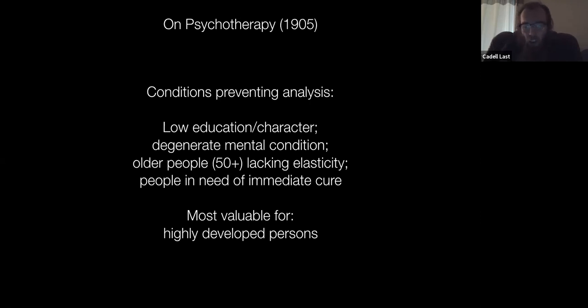He also emphasizes old age, but I think what's more important than old age is the lack of elasticity, which is not necessarily old age, although of course that's more probable. And he says the opposite for the young mind, that the young mind is too impressionable. So there's no point to have an analysis of people who are in their teens and still developing. Analysis is for adults, but also for adults that still have an elastic plasticity of the mind.